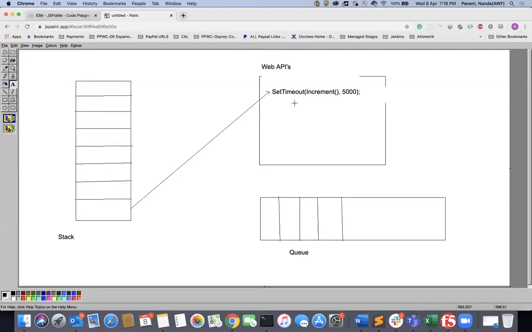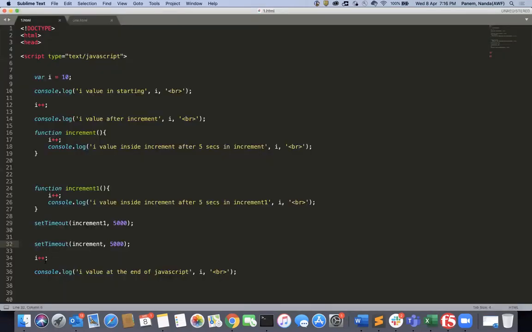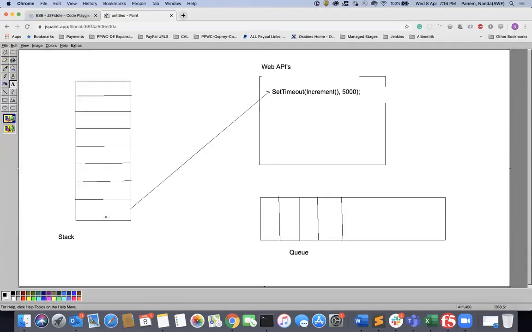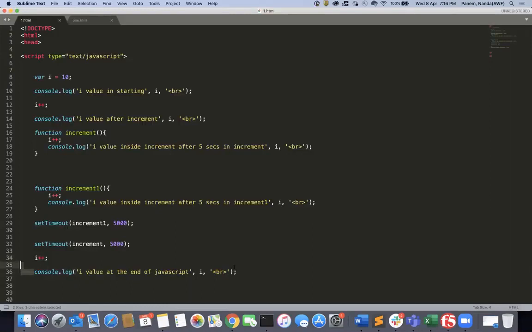One more setTimeout will come, and it also goes to the web APIs. Here the web APIs are going to execute, and the next line, i++, will also execute now, and the console will be executed now.